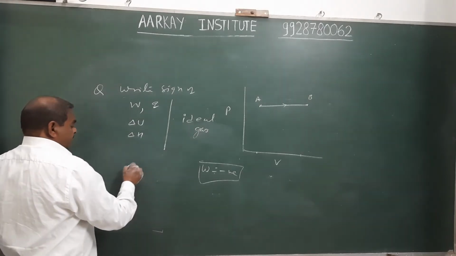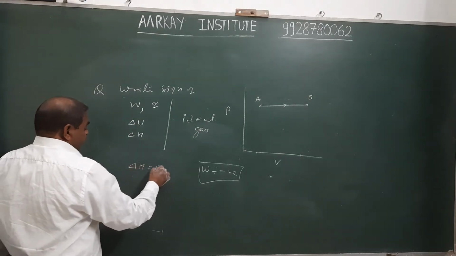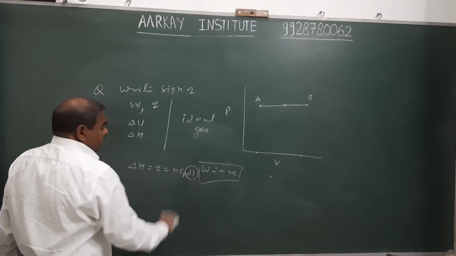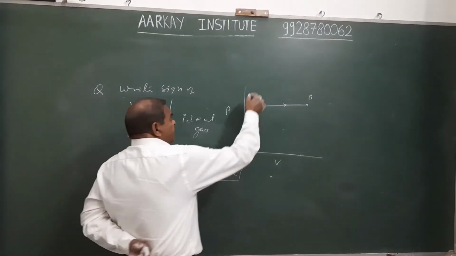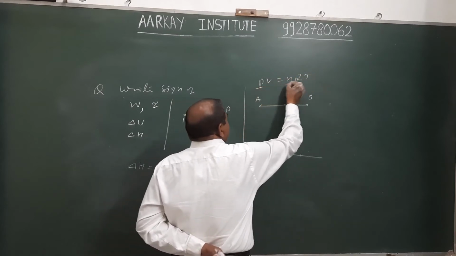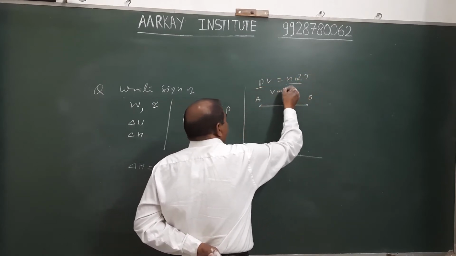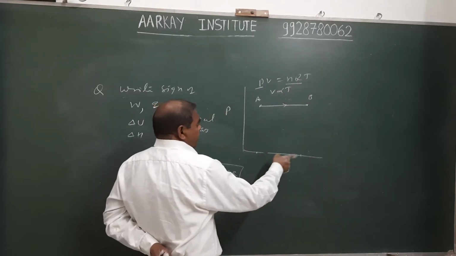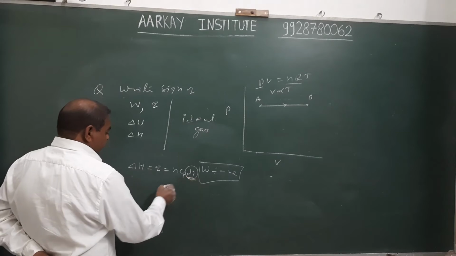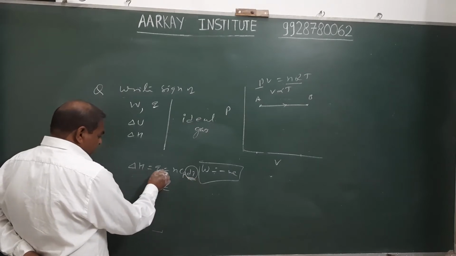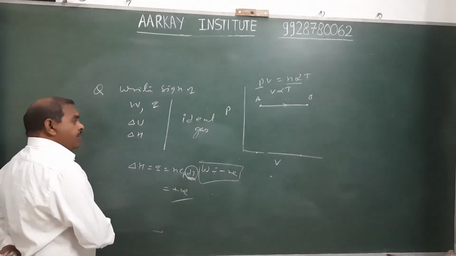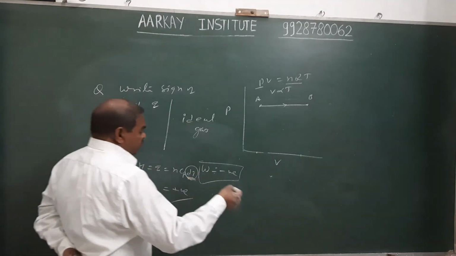We find enthalpy with the help of nCpdT, which means we find the temperature change. Ideal gas equation: PV equals nRT. Pressure and number of moles are constant, so volume is directly proportional to temperature. Volume increases, which means temperature also increases. Therefore, the change in enthalpy and the exchange of heat energy have a positive sign, and